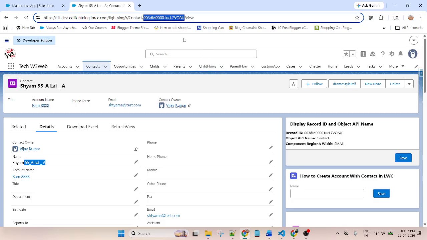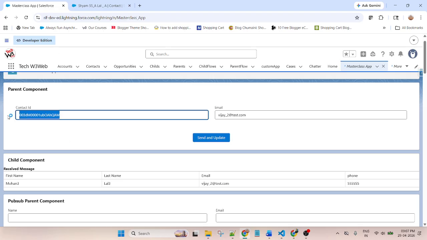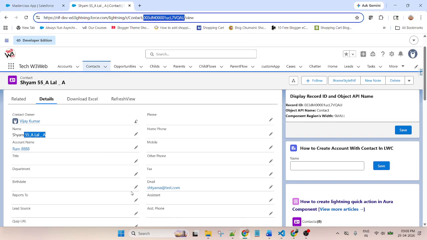Now let me open this and copy the record ID of another contact. This time I am passing another contact record, and you can see Shyam@test.com is the existing email.